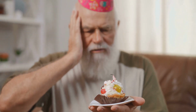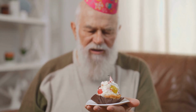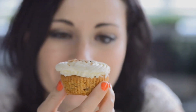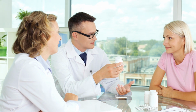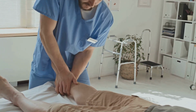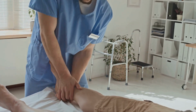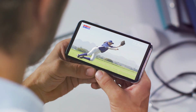The problem is that eating lots of refined carbs and sugars without enough B1 forces your body to use up its B1 reserves quickly. Eventually, this can lead to a B1 deficiency. B1 isn't just important for carbohydrate metabolism, it's also an antioxidant that protects your nerves. That's why when B1 levels drop too low, people start experiencing peripheral neuropathy, which causes tingling, numbness, and burning sensations,